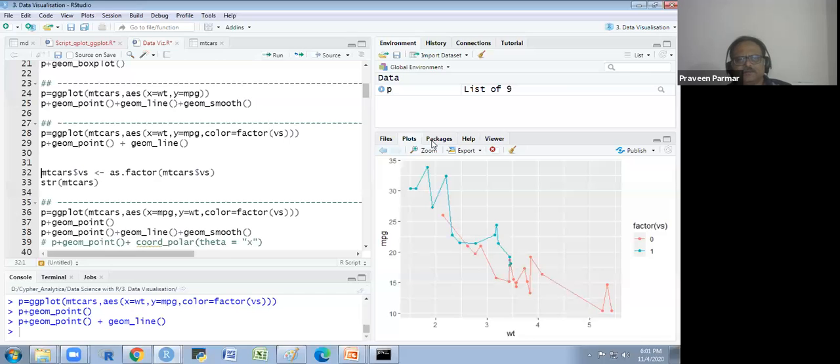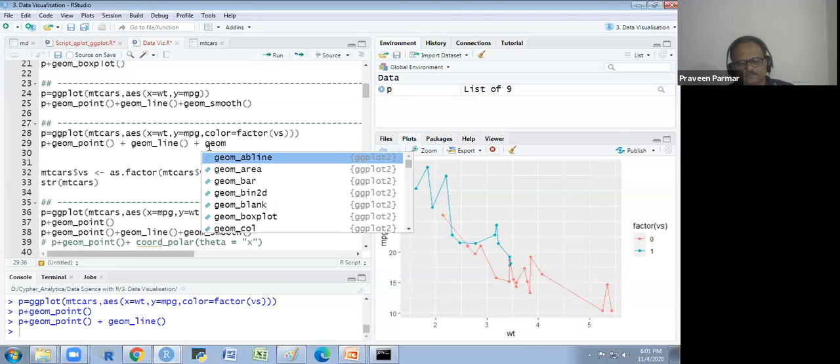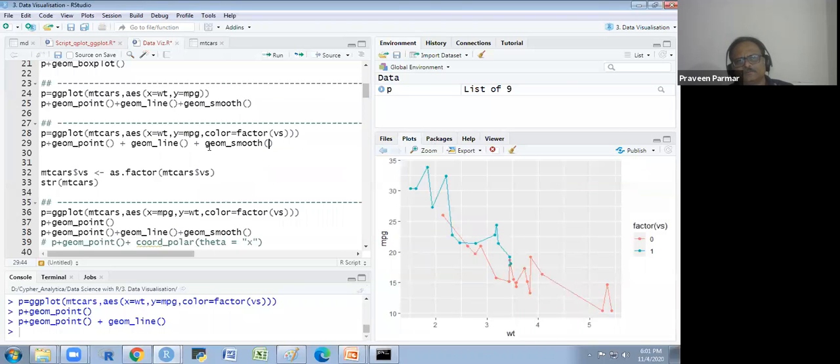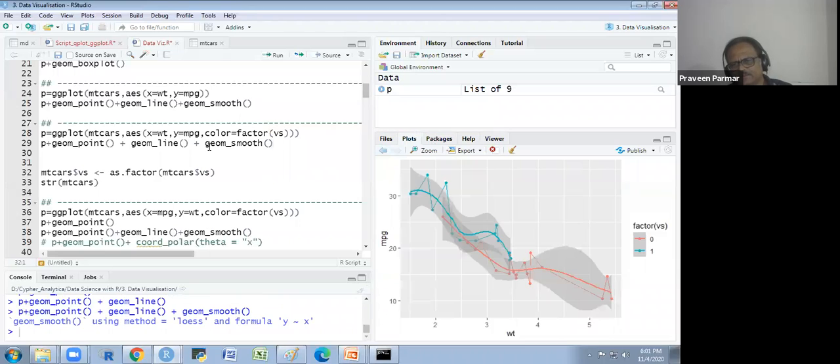But if I also use geom_smooth, see what happens. They are two smooth curves. It's a very messy graph, it's not clear.